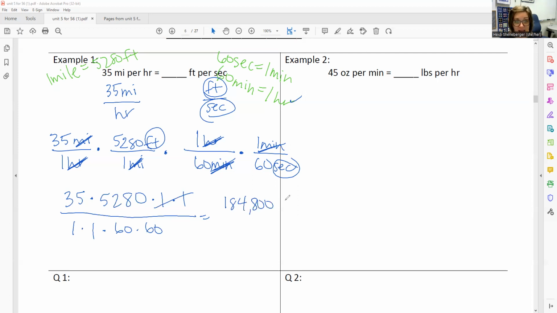184,800, and that is feet, right? Because this is my measurement up here. And then on the bottom, I have 60 times 60, because again, I'm kind of ignoring those ones because they don't change anything. So I have 3,600 seconds down here. And so now I'm going to divide